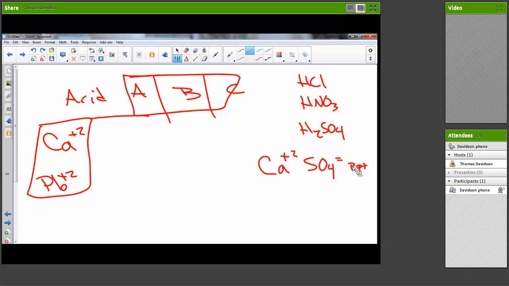All right. I heard Christine say it the loudest. So Christine, I would like you to explain, because you did it right. How would you do this? So, looking at your solubility rules, you know that if you add calcium to something and it forms a precipitate, the only acid it will form a precipitate with is sulfuric acid. So you know that if it forms a precipitate, that acid was sulfuric acid. Okay. And then if you look at your solubility rules again, the only one that will form a precipitate with lead is HCl. So